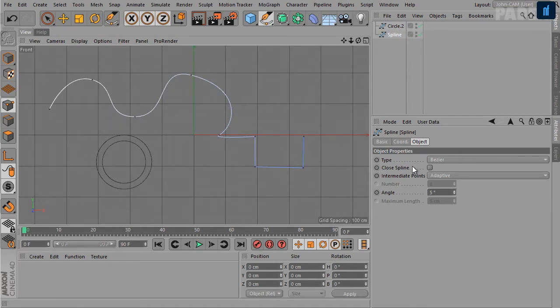In this clip, we will talk about what splines are. We will also talk about the spline primitives and spline tools. So let's get started. A spline is a sequence of vertices connected by lines, also referred to as segments. Splines are infinitely thin entities and are not visible during rendering. However, if you are using the Studio version of Cinema 4D, you can render splines using the Hair and Sketch and Toon features.